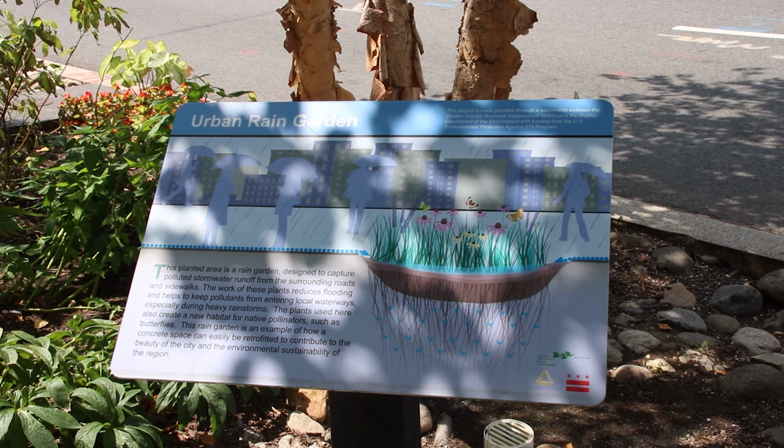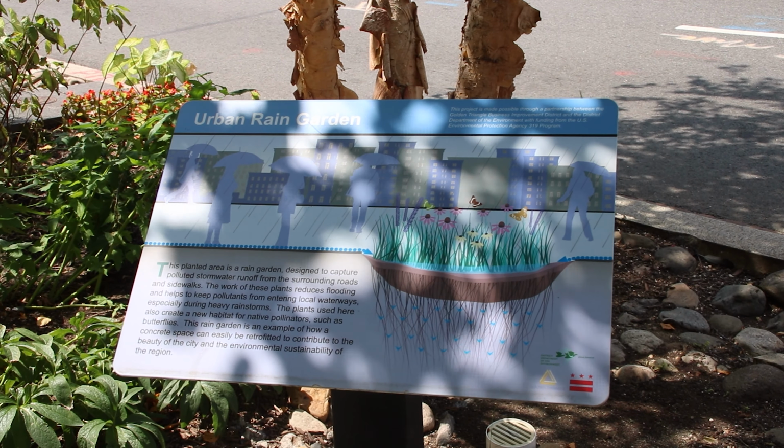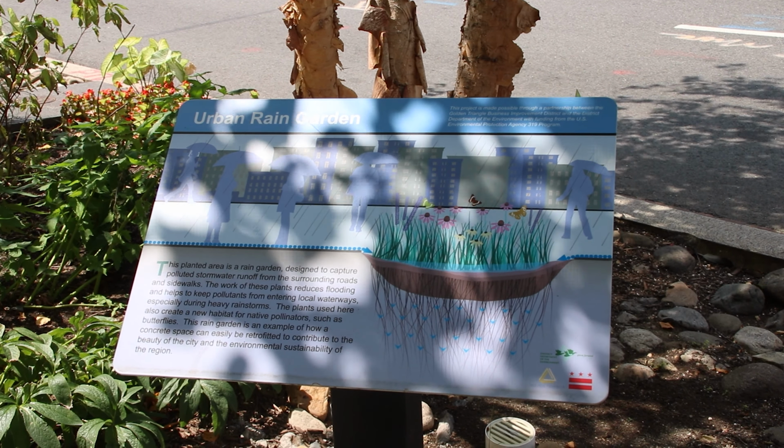This episode looks at how we can use our creativity as environmental and sustainability professionals to bring back some of the lost biodiversity within our major cities and towns. One installation that caught my eye during a business trip to Washington in the United States was an urban rain garden, which contains many novel and well thought out features to bring back nature to this small area of the